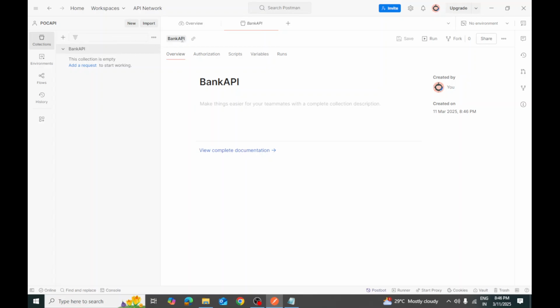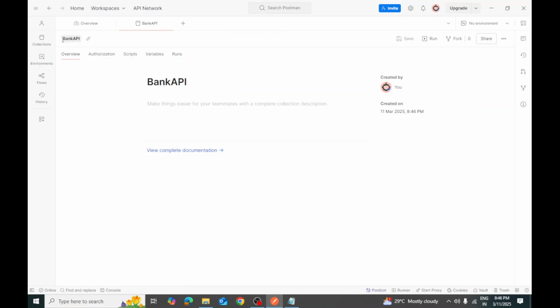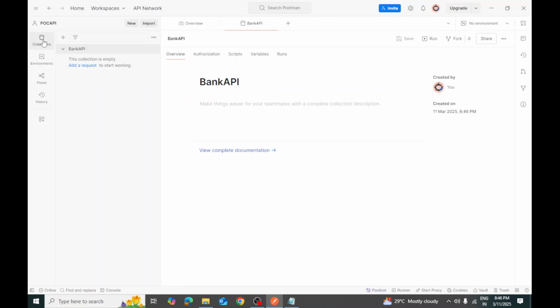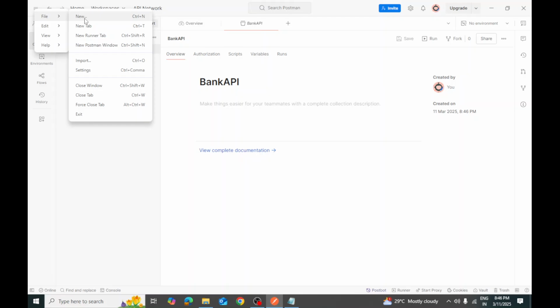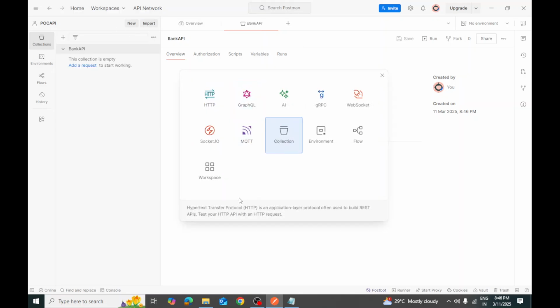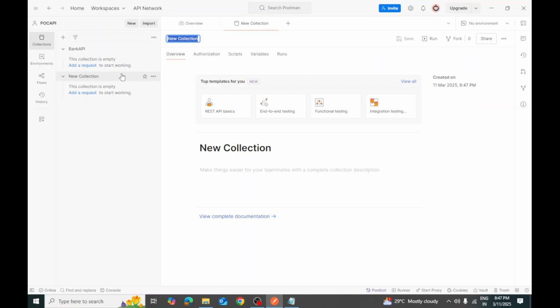So similarly, you can create the collection from various options. Okay, so here once you select here, you will see this option, or else you will have to go to file and then new, and you will have an option of creating a collection here also, right? So collection. Okay, so I'm creating one more collection. It is like insurance API,